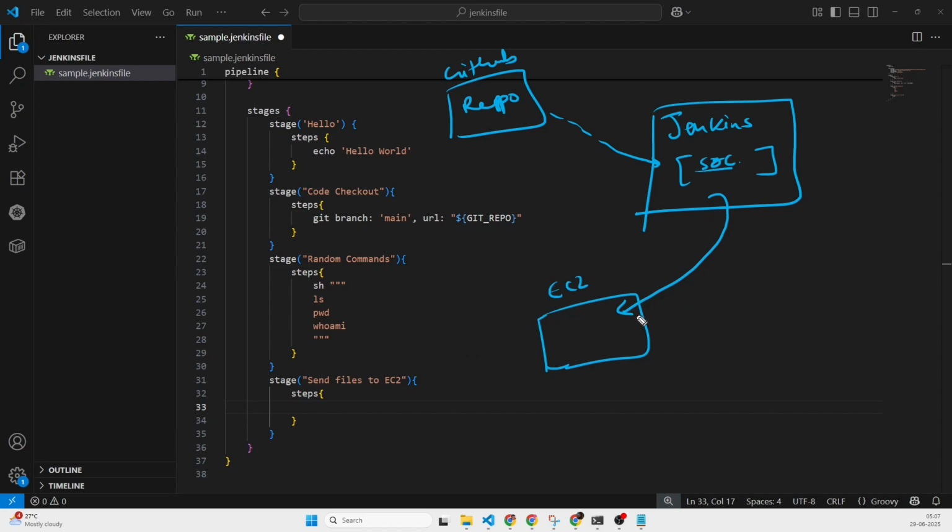In order to send this file, we know that we can use an scp command. First, I will break down this process into two parts. First, I am going to send the file into the EC2 instance in the /home/ubuntu folder. Okay, so first I'll send this file to the Ubuntu folder. Then I will again do an SSH, right? And then move this particular file from this folder. Okay, move or copy, whatever command you want, from